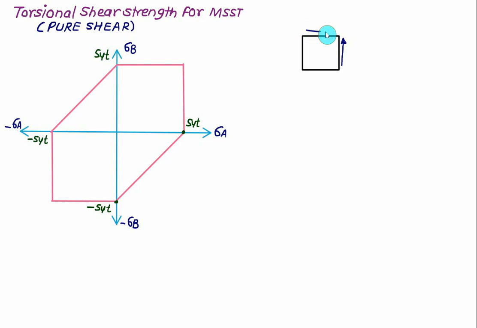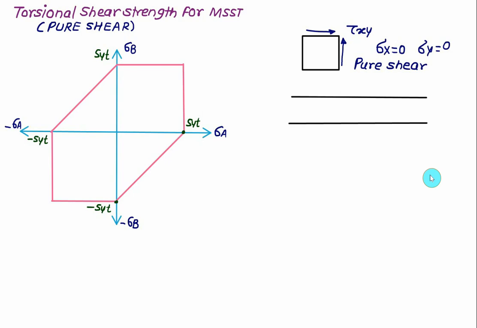that is the value of tau xy, and sigma x will be equal to 0 and sigma y will be equal to 0. This state of stress is called pure shear. Pure shear you will get when we have a shaft and the shaft is subjected to a twisting moment equal to torque. So suppose this shaft is subjected to twisting moment equal to T, then everywhere we have a case